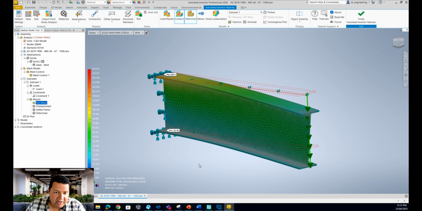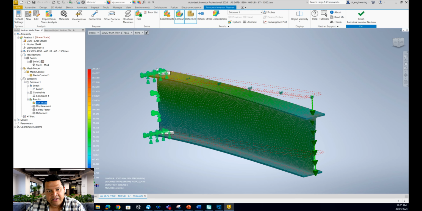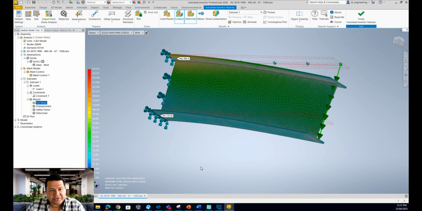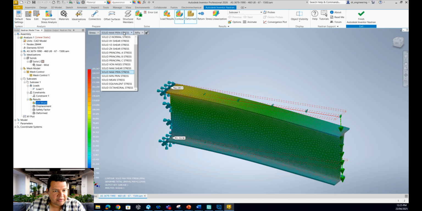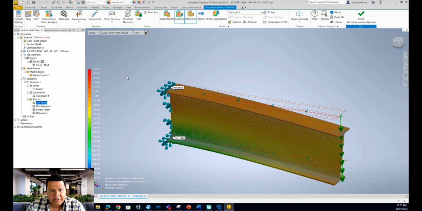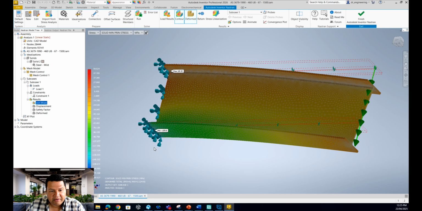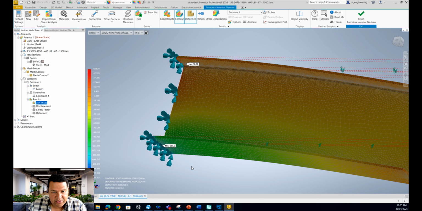For this cantilever beam, the top face of this beam is going to be in tension on this area and the bottom in compression. If we want to evaluate the compressive stress, we just click in here and we will see that at the bottom of the beam we will have the minimum values of stress, 189.6, and at the top